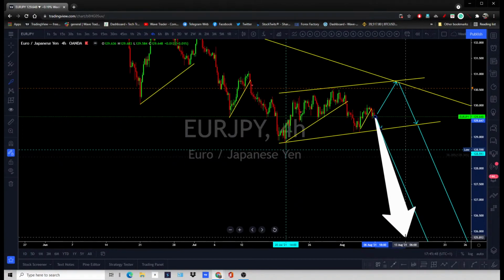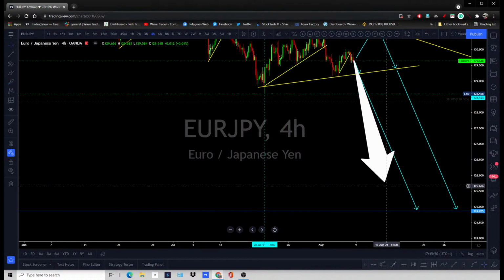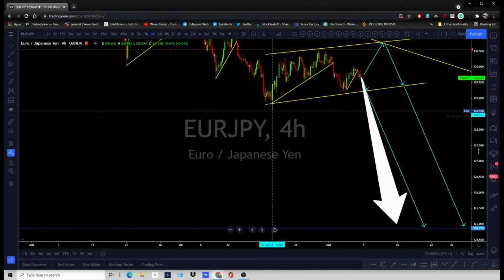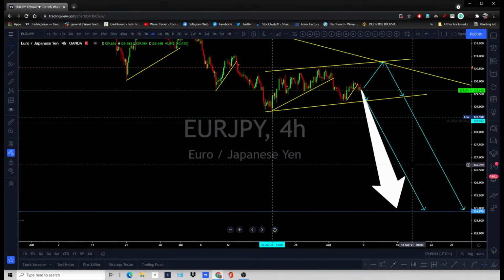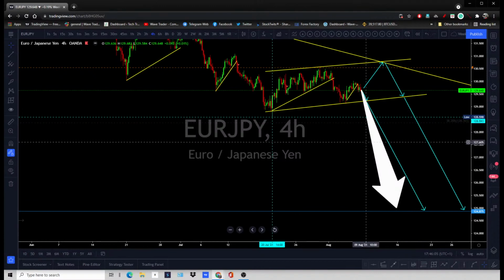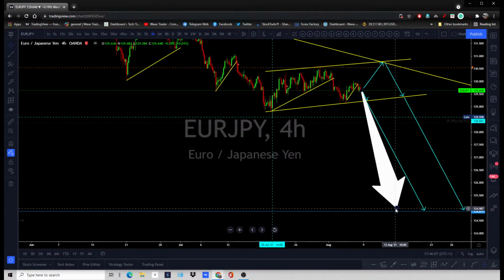A sharp sell-off is less likely, because there is no reason right now which can drive that, but we may see that over time, because the longer term bearish trend has triggered over there, and we may see that over time up to 120, 125. So still got a 500 pip move left on this pair.